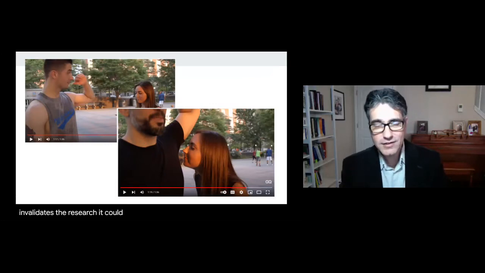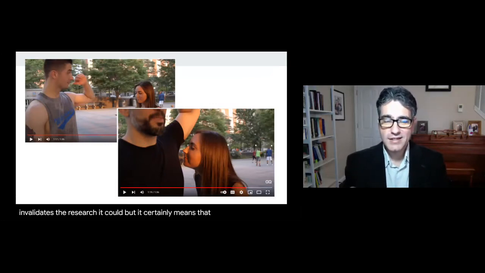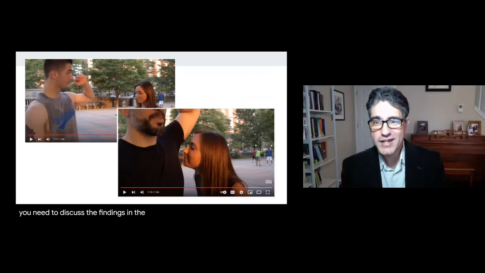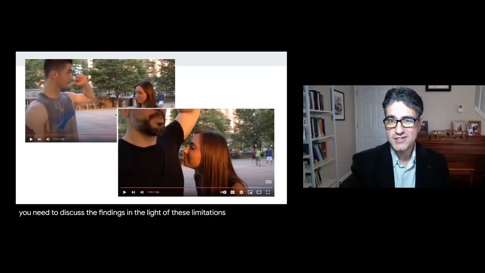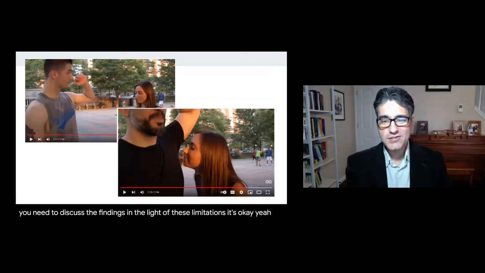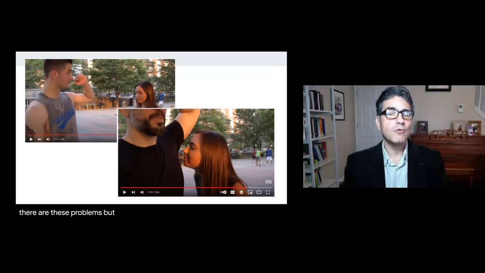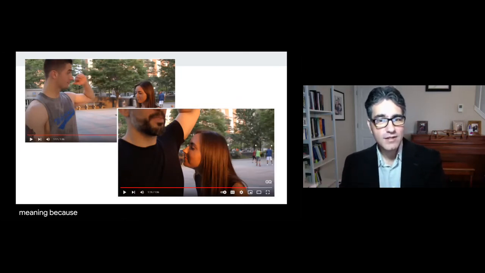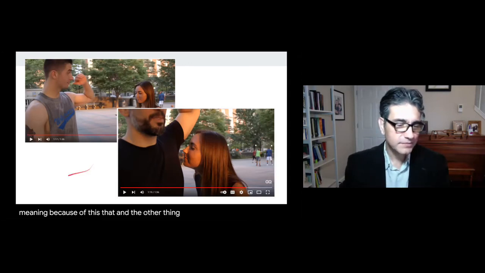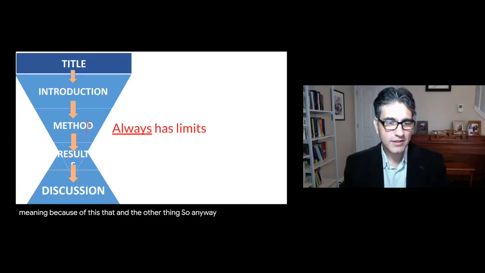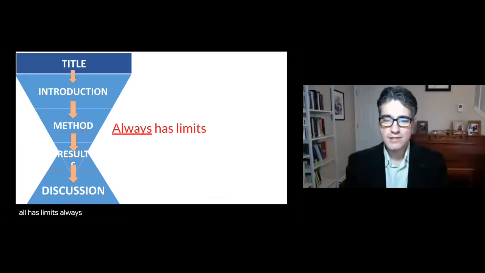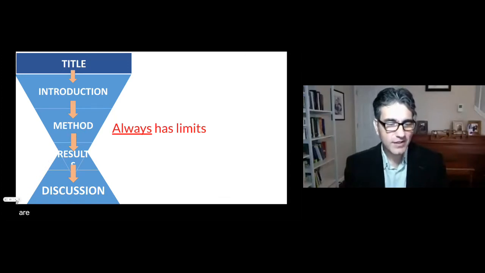It could, but it certainly means that these things you need to discuss the findings in the light of these limitations. Say, okay, yes, there are these problems, but we think that the results are still valid or have some meaning because of this, that, and the other thing. So any method at all has limits, always, and you definitely need to be aware of what those limitations are,